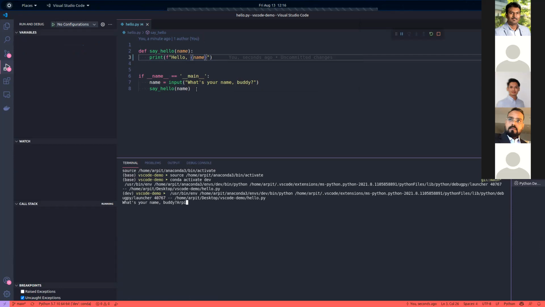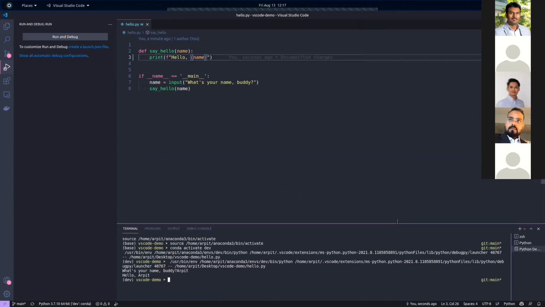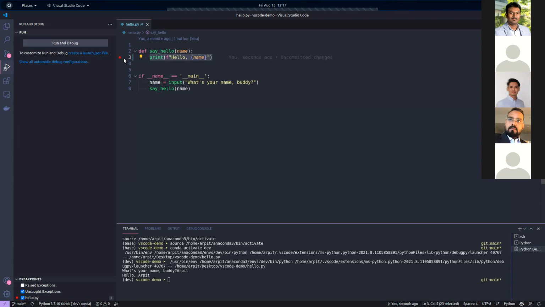So it just ran that. So when you're debugging, there's a concept of breakpoints when you're working with a debugger, right? So you see red dots on your left here, along with the numbers. So let's say this is the line that I suspect has the bug. What I can do is I can click on this red dot. It will create a breakpoint.